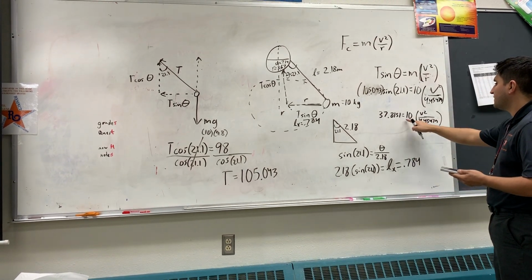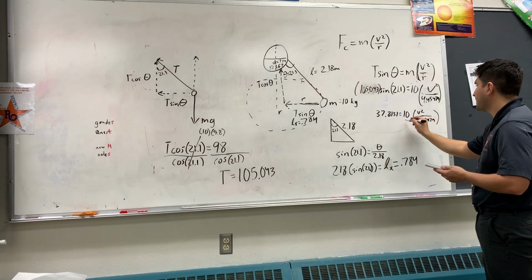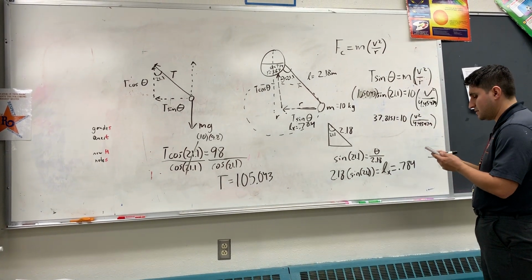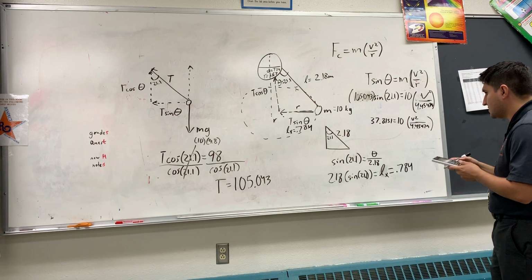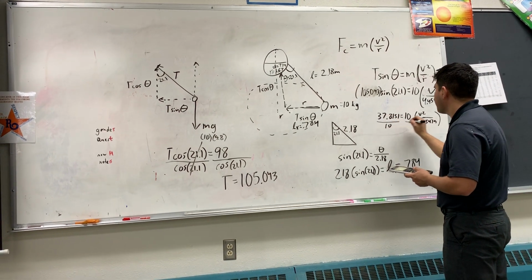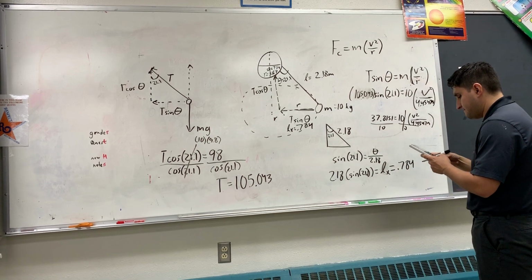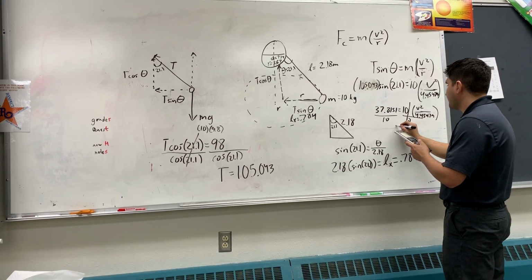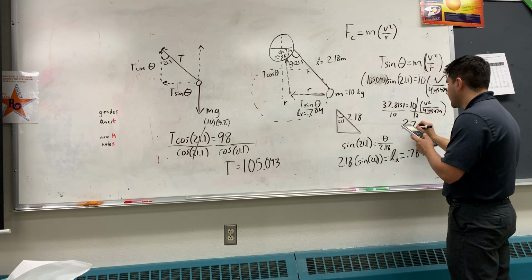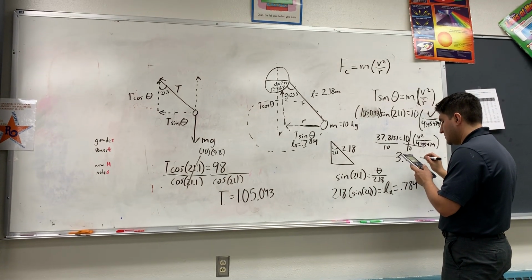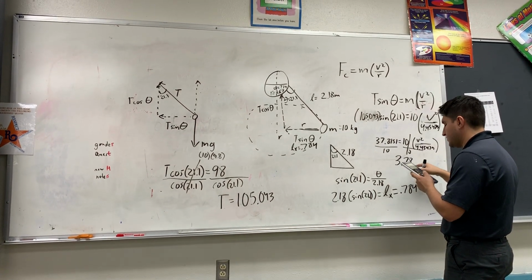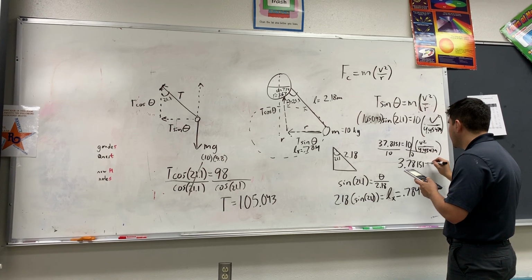I'm going to divide by 10 on both sides because these are being multiplied. So once I divide by 10, I get 3.78151 equals